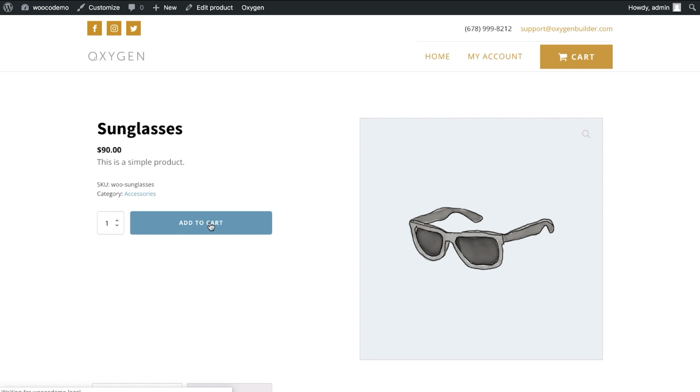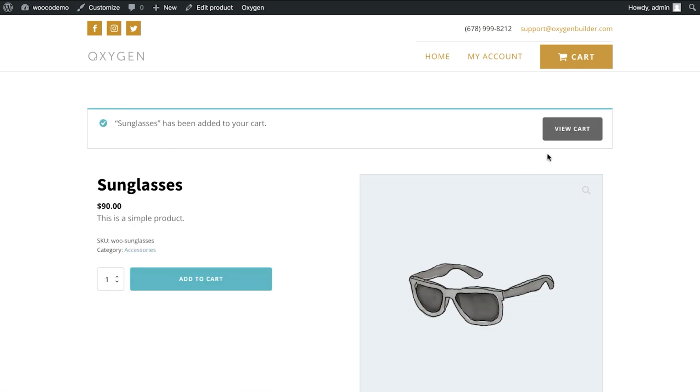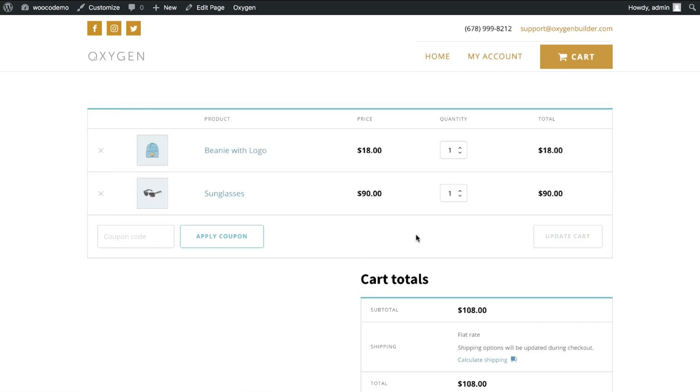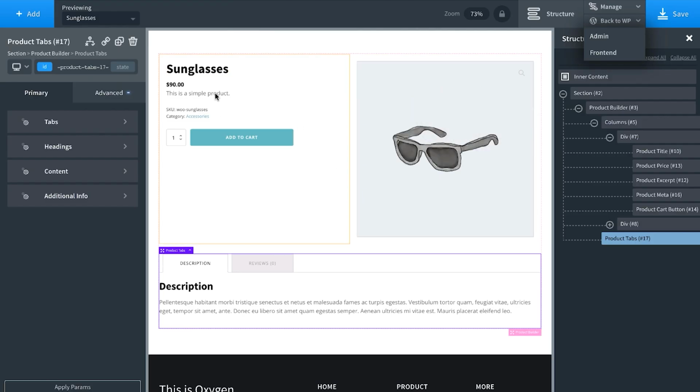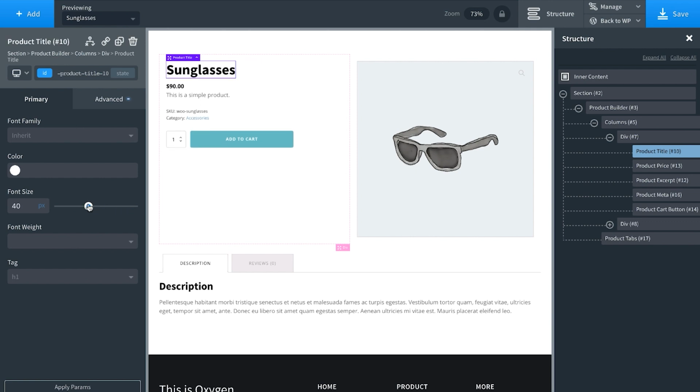And here we go. Let's add this to our cart. It says it's been added to the cart. Let's view the cart. And there we go. Now, if we wanted to customize the layout here, we could go to the individual elements and tweak the styles,